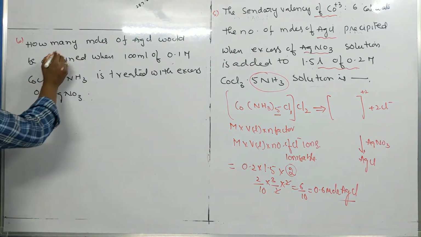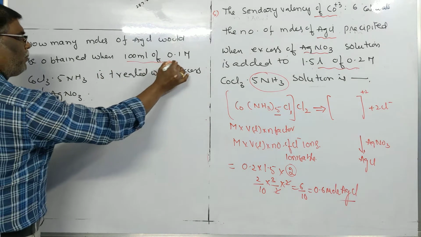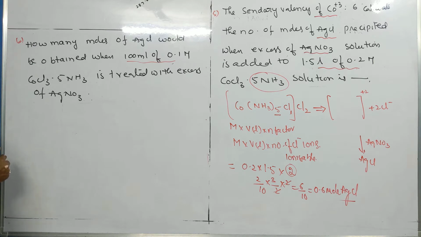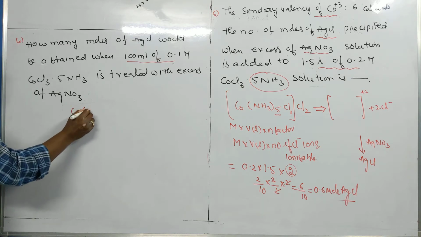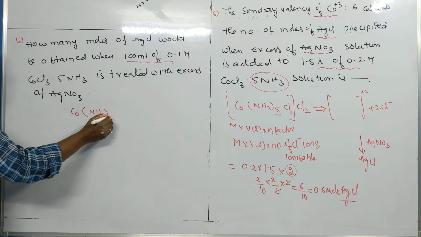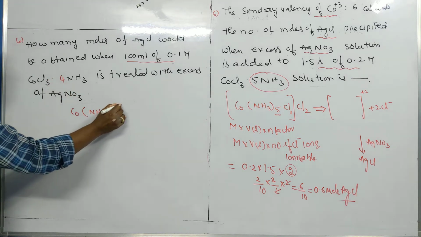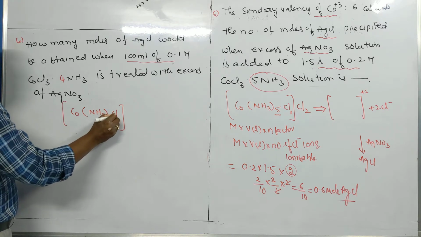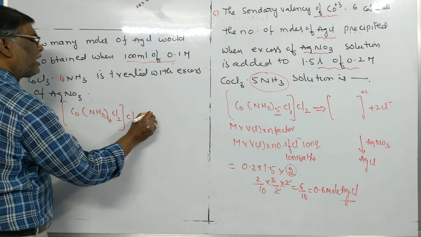Now the next problem is: how many moles of AgCl would be obtained when 100 ml of 0.1 molar of this complex is treated with AgNO3? Same problem. Again the complex is taken as Co surrounded by, this time, 4 NH3. The coordination number is 6, so we take 2 more chlorines inside. Only 1 chloride is outside. You know this one ionizes into